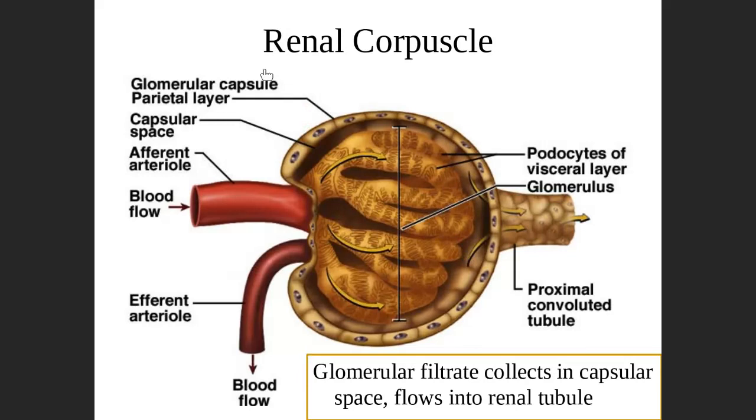So the first part of the nephron, this part right here, is known as the Bowman's capsule. Now the Bowman's capsule has two layers. You have this layer here, known as the visceral layer, and the visceral layer is composed of these cells known as podocytes. The wall of a capillary is known as glomerulus. Okay. So typically,